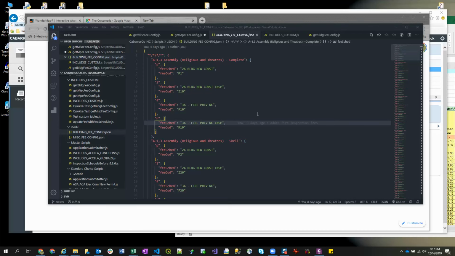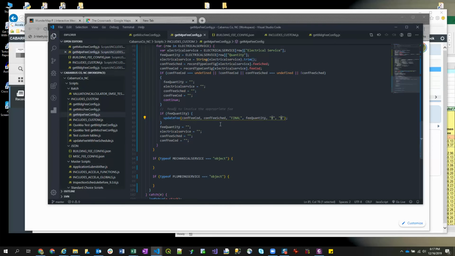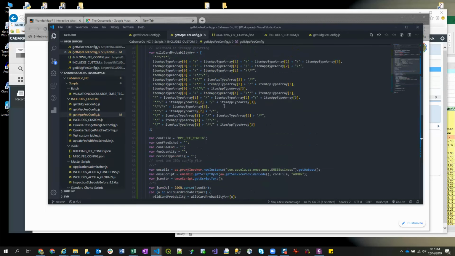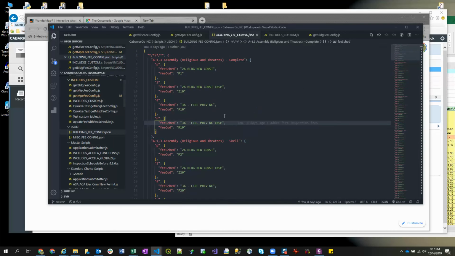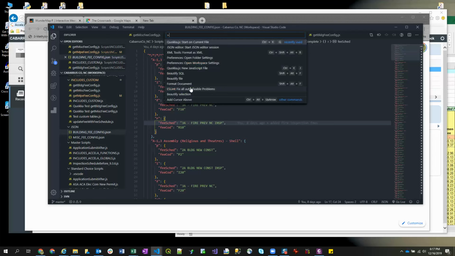Okay. I'm going to create a new JSON file. I'm going to use this one as a template to start it though. Let me save my progress on my script, and I'm going to use this as a template. So I'm going to use my JSON editor,